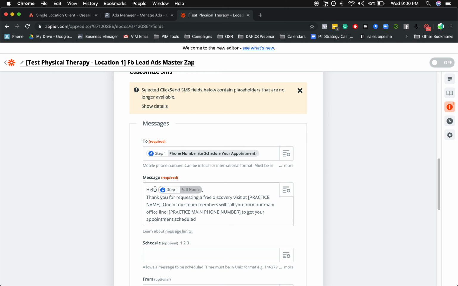Next is this message section here. And so what you're going to do is customize this, make sure that full name shows up here. And then the section in brackets here where it says practice name, delete that and obviously put in the name of the business. And then in this section below, what you're going to do, this will actually be updated to say,